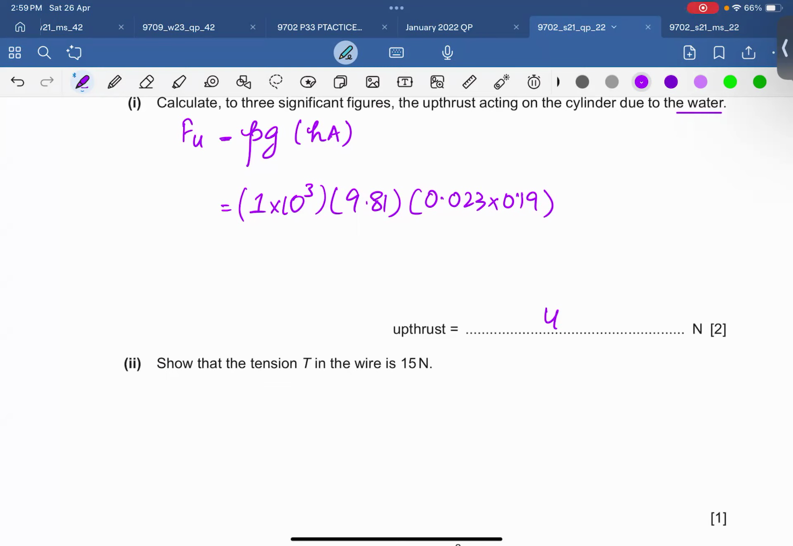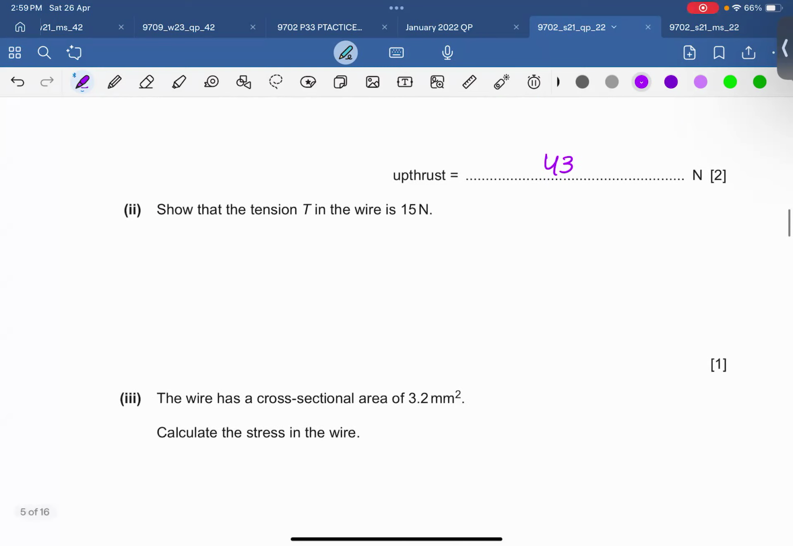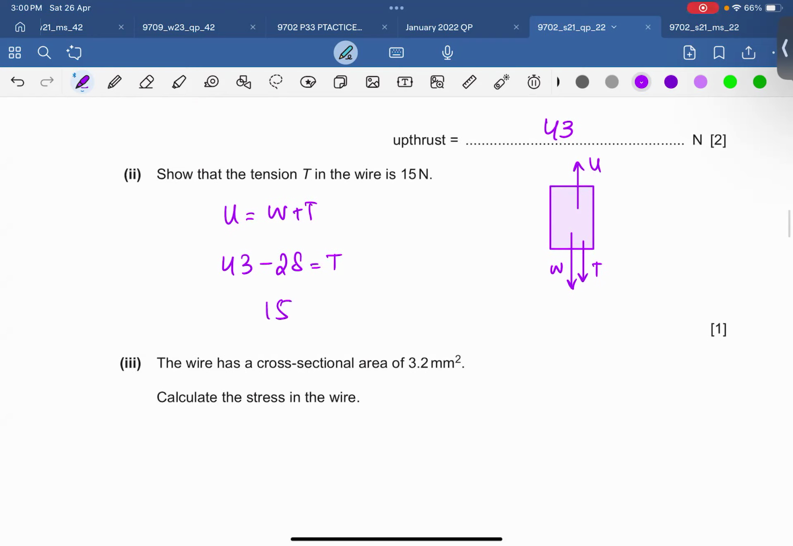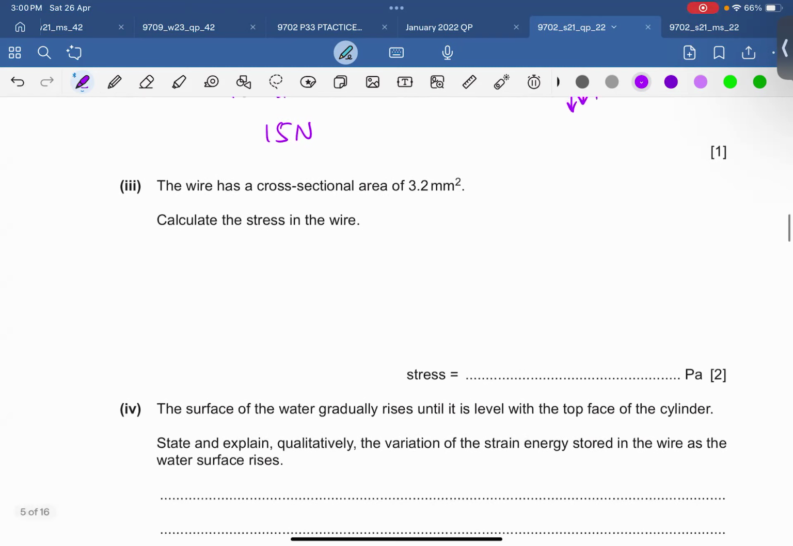42.86, so 43 ले लेते हैं, सही है, 2SF के अंदर चलेगा। Show that the tension T in the wire is 15 newton. इसे equate कर देंगे ना हम इस तरह से कि tension और weight is equal to upthrust। Upthrust हमने निकाल लिया, weight पता है, तो tension आ जाएगी। So upthrust is equal to weight plus tension, और upthrust आपके पास है 43, weight आपके पास है 28, तो tension आ जाएगी 15। Show हो गया।